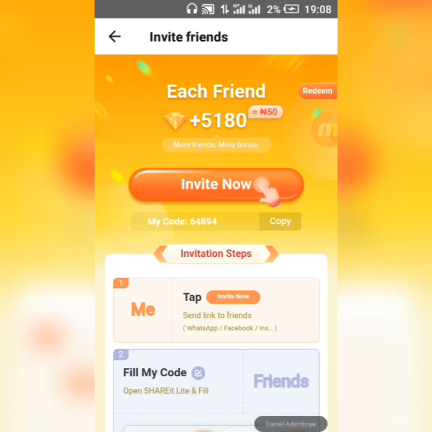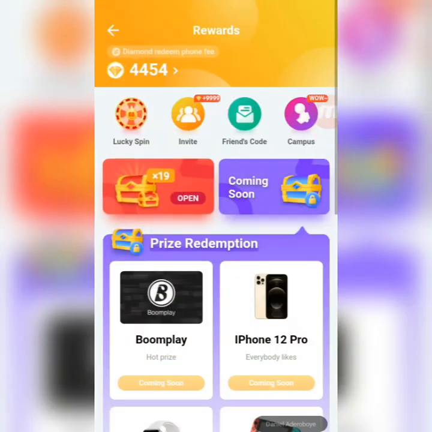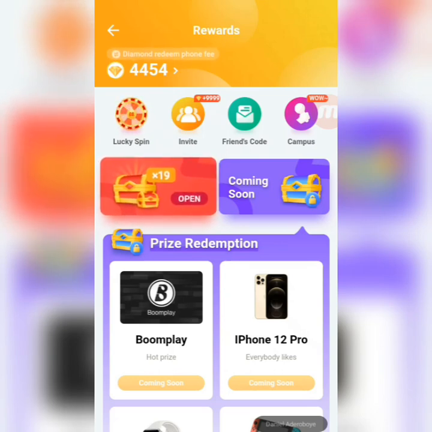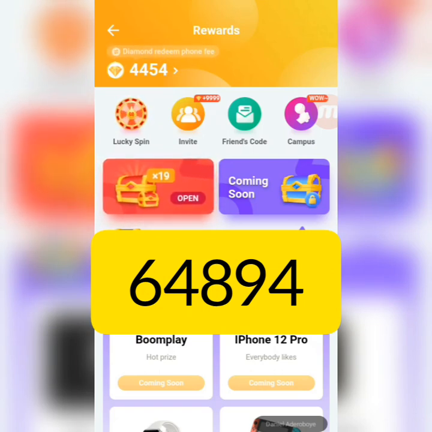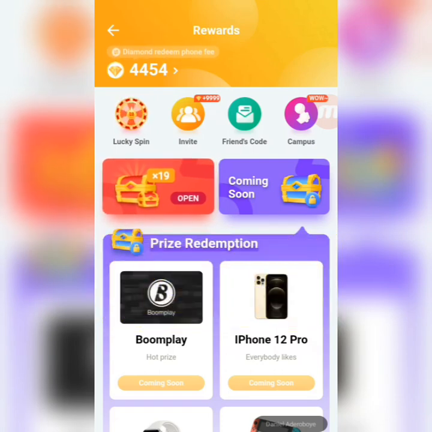So ladies and gentlemen, you can start using the opportunity. Start using it now before people actually start using it and they may probably stop it. You know how things go now. So it's important. Download this application, put in your phone number, they send an OTP for you, confirm your OTP. Then the first thing you should do automatically is to come to this friends code, then claim your 6,000 diamond by putting my invite code, which is 64894. Just put it there. Automatically you get 6,000 diamond, and do everything I've shown you in this video.